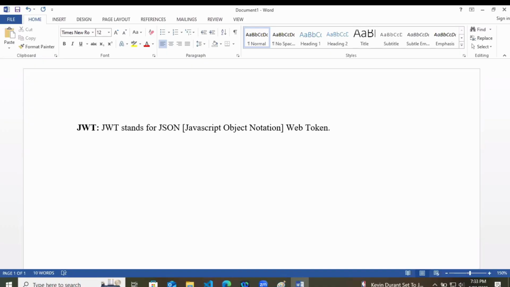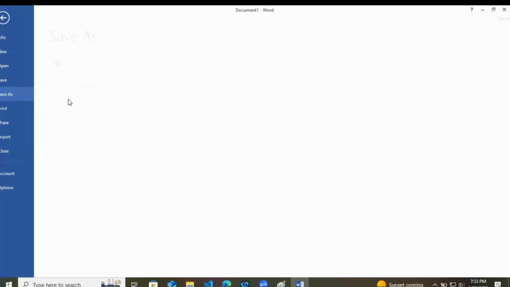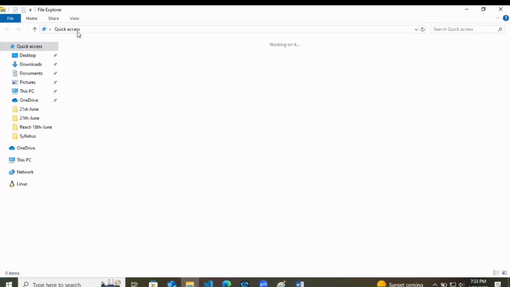So technically, whenever the word JSON comes, we're generally talking about REST APIs. Now, what will this JSON do? Let me save the file first.